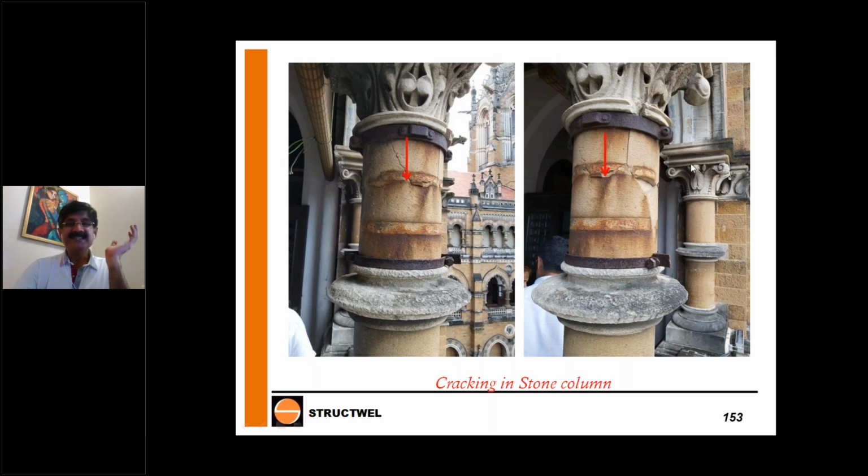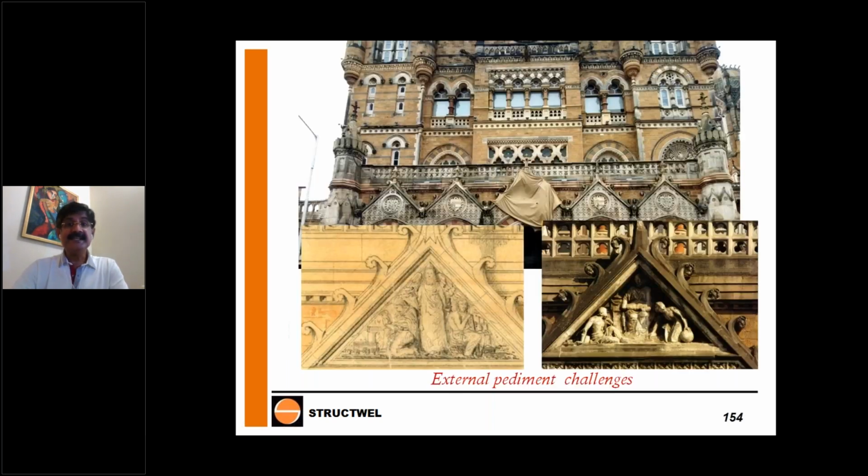See, this is how the column is, which is supporting the arch above, and this is the adjoining column. So this is a good column. This is a column that has a crack. So many columns have cracked like this. This is a great engineering challenge. The second engineering challenge is